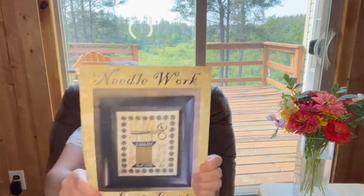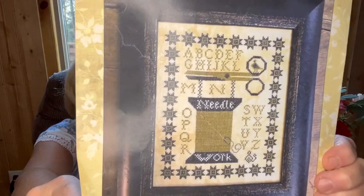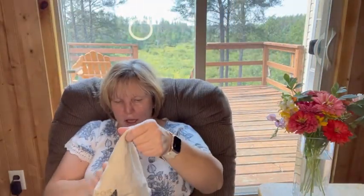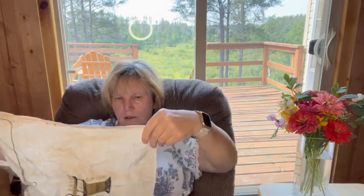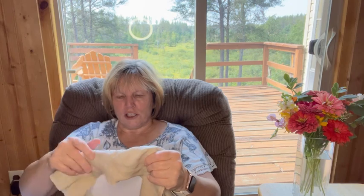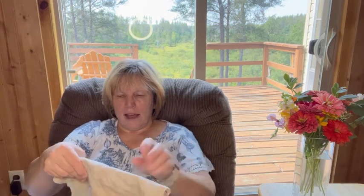So, Needlework by Kathy Barrick. I wanted mine to look just like the chart, but we'll see. I'm stitching this on 40 count vintage country mocha. And I feel like now it's getting fun to stitch because that